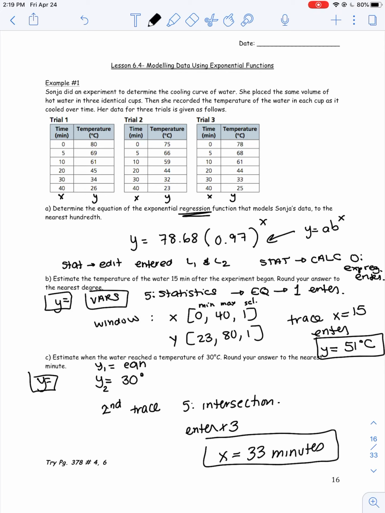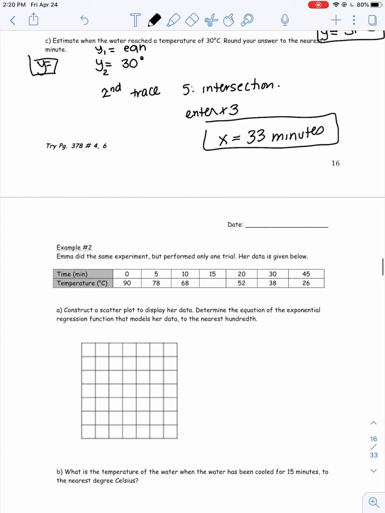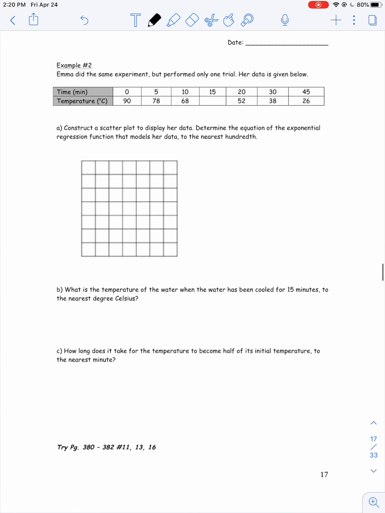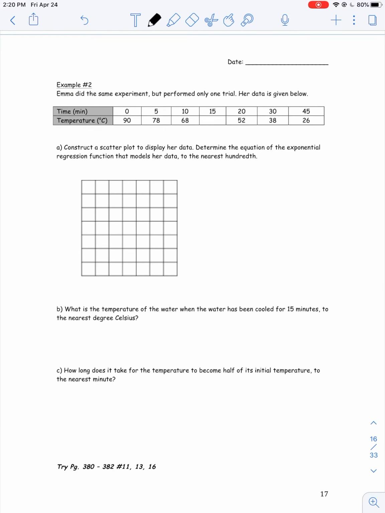So this is the idea of our lesson. Step 1, we have to enter the data into our stat charts, L1, L2. Then we need the equation, we need to graph it, and then be able to find the x or y coordinate depending on what they're asking for. So what we're going to do is repeat those steps for example number 2,